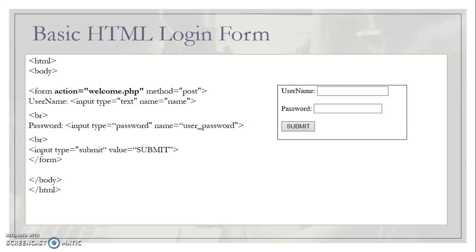So whenever you log in to some account on the web, there are two options, that is username and password. So how do these options appear? There is basic HTML coding behind that. Whenever you want to write some form in HTML, you have to start with this tag called HTML. After that, whatever contents you want on the page will be inside the body tag. So after HTML, you must write the body tag, and these two steps are mandatory.